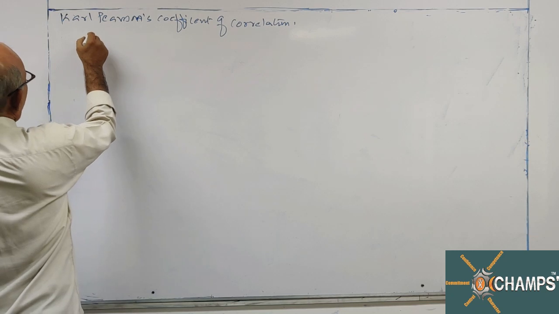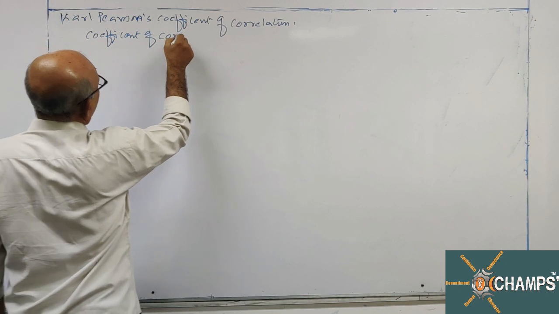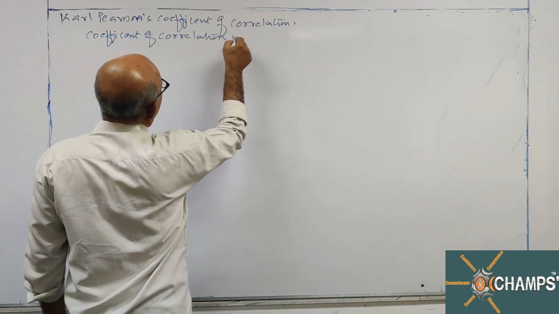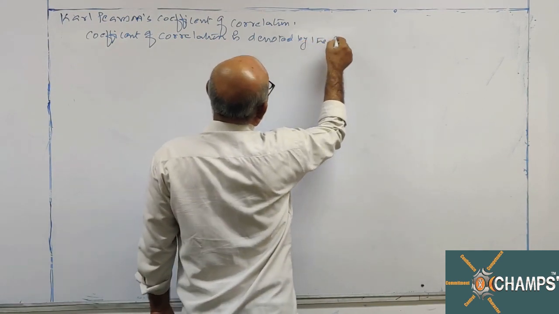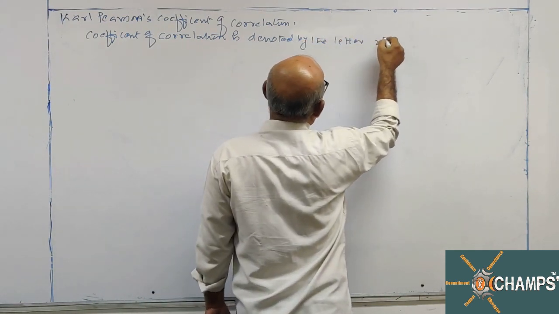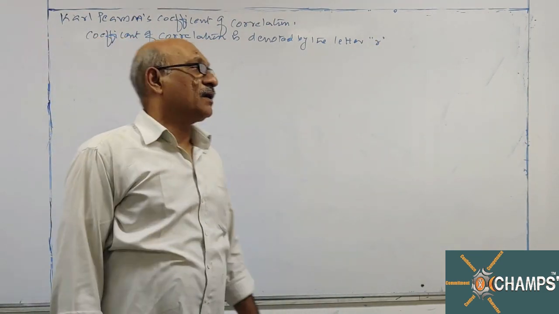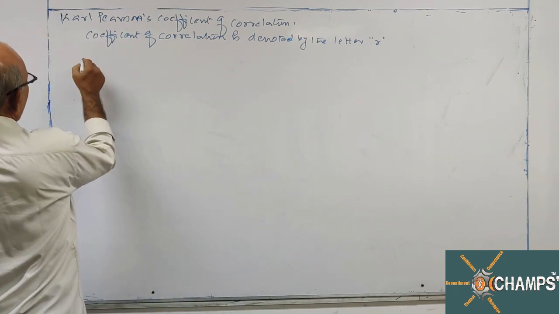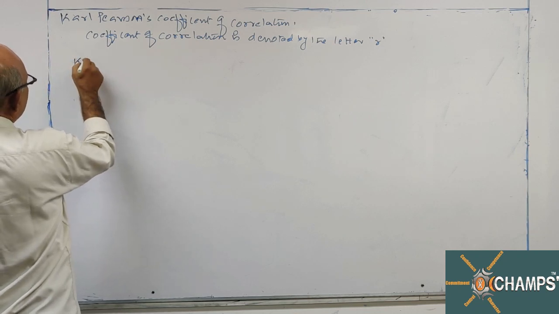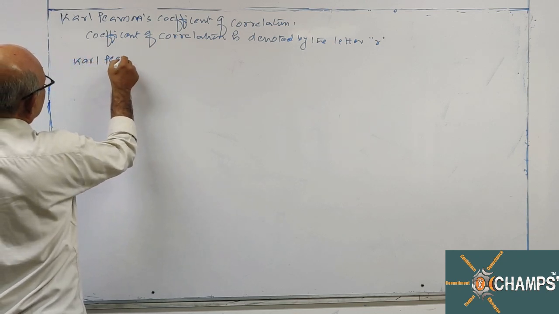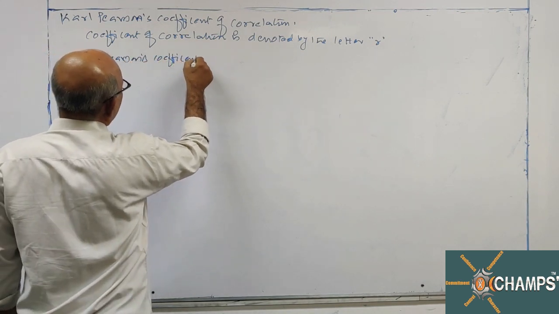Now, coefficient of correlation is denoted by the letter R. So Karl Pearson's coefficient of correlation